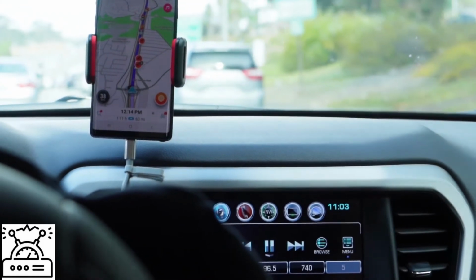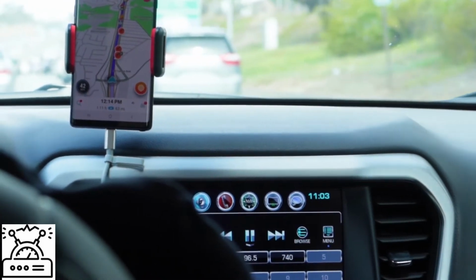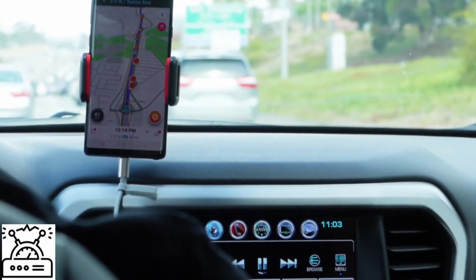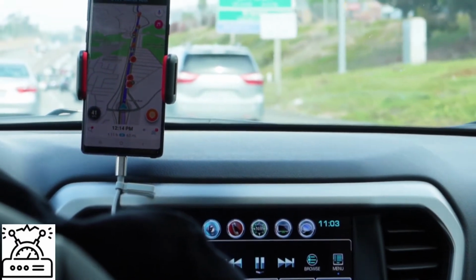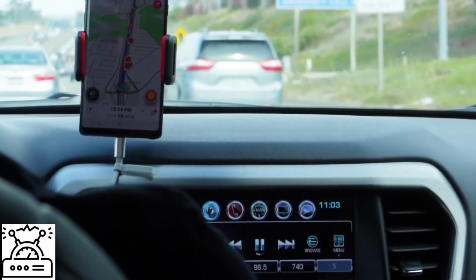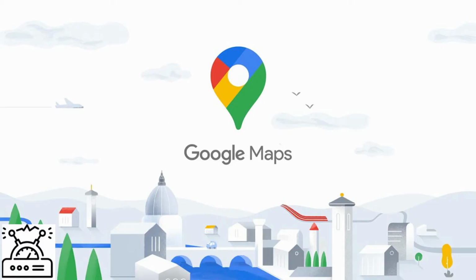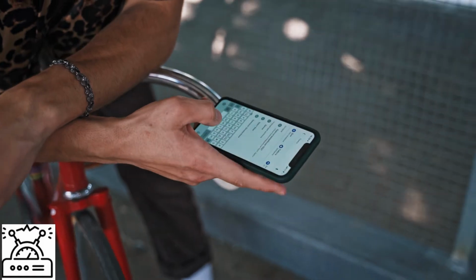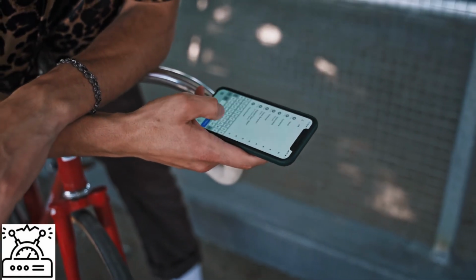We used to use paper maps back in the day. Now that we have smartphones, we use online maps. There are many providers for online maps. However, Google Maps is a widely used software. It is one of the most popular and accurate maps on the market. Today we are going to talk all about Google Maps.